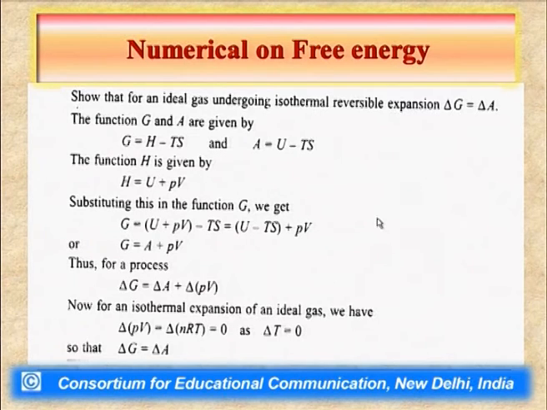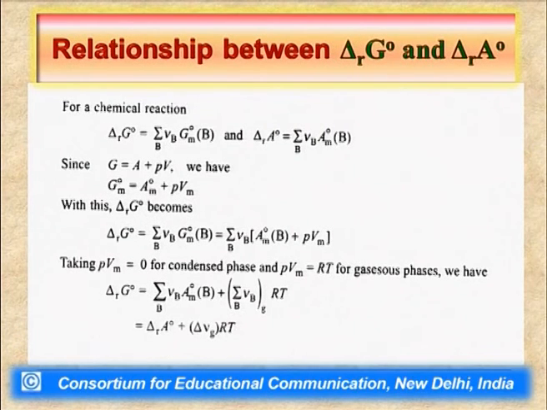So, this is an implication we should understand: for isothermal processes, specifically the reversible expansion of an ideal gas under isothermal conditions, the change in Gibbs free energy equals the change in Helmholtz energy. This is because there is this PV factor, and the temperature remains the same. Having said this, now for a chemical reaction, if we want to quantify the change in Gibbs free energy,